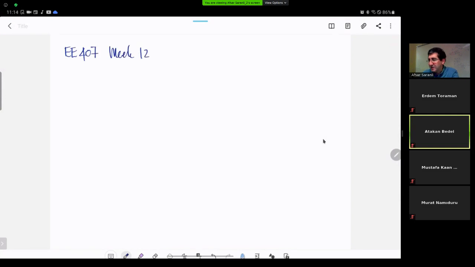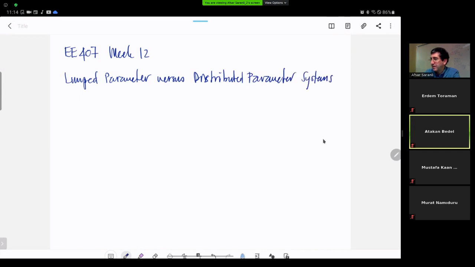Now, this is essentially lumped parameter versus distributed parameter systems. Okay, and I'm gonna put out a couple of my note pages for you to remember the lumped parameter version